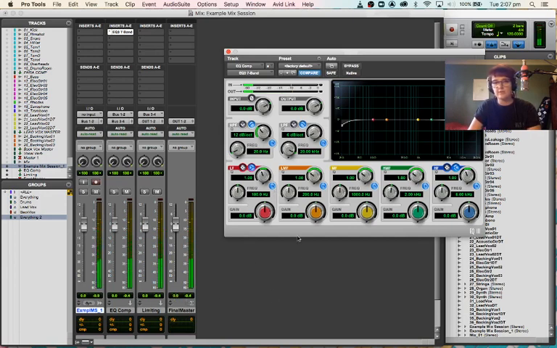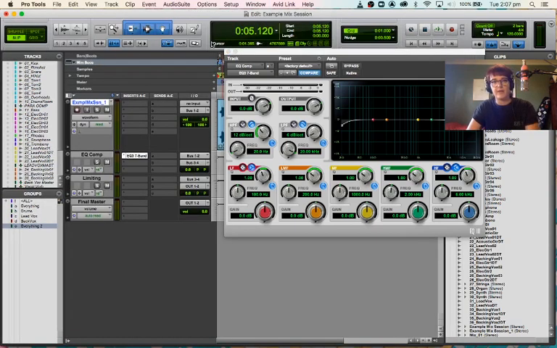It's changed the level slightly. It's taken away some of my volume. Not a big deal. It sounds the same. If I play it back,